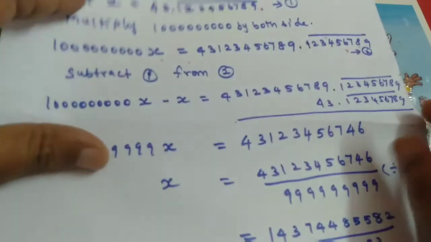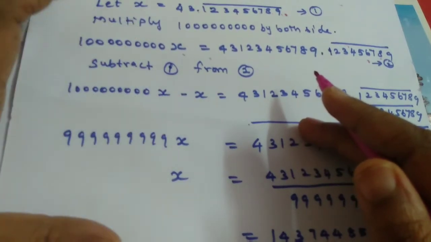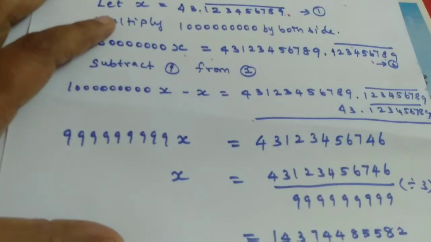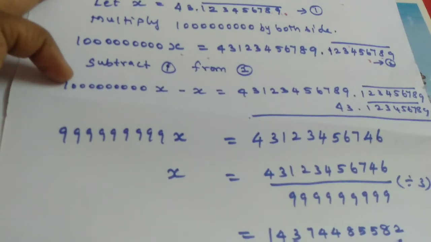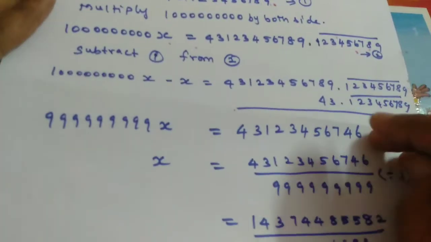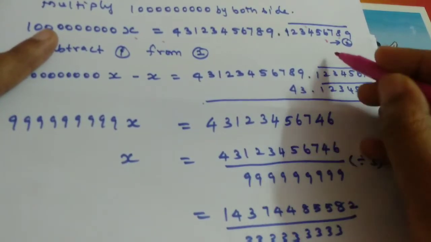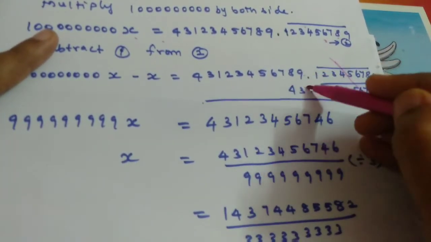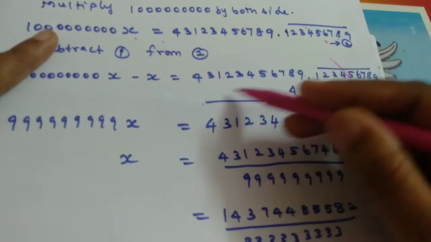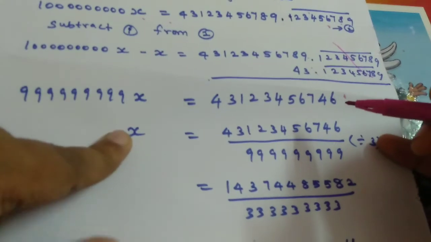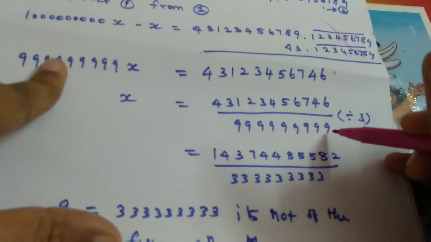Okay, how to subtract? You are going to see. So minus 1, so this is what we get. If you subtract, you get 99 crore, 99 lakhs, 99,999. After the decimal, these digits are repeating here and also repeating there, so these two are cancelled. 9 minus 3 is 6, 8 minus 4 is 4, and the remaining are all zeros, subtracting. So we only required x.